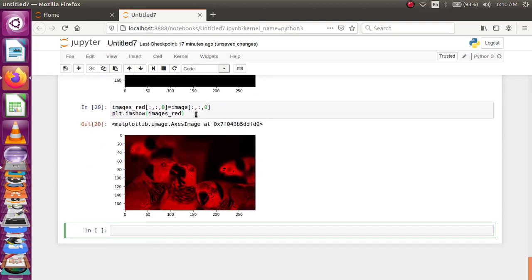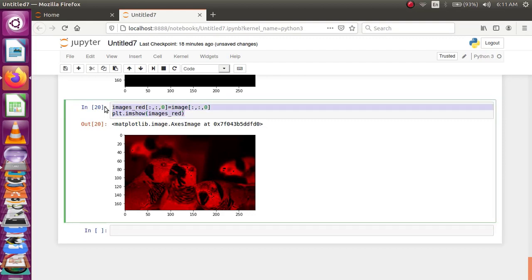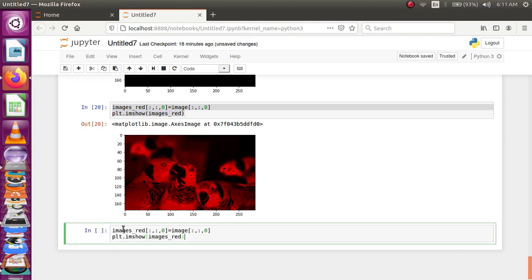So the first way we did was to copy the 3-channel image and remove the rest of the 2 channels. For example, for the red channel, we removed the green and blue channel information so that we can view the red channel alone. The opposite way is that you can make an image of 0 values and copy the particular channel which is needed. Similarly for other channels.